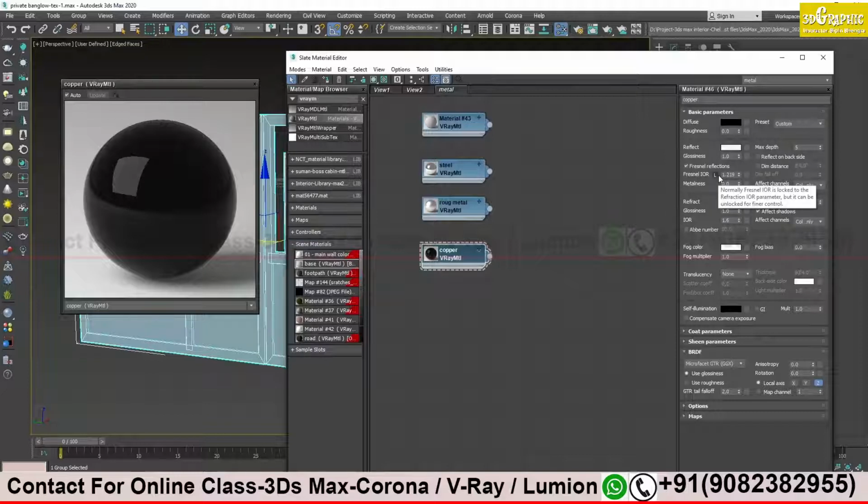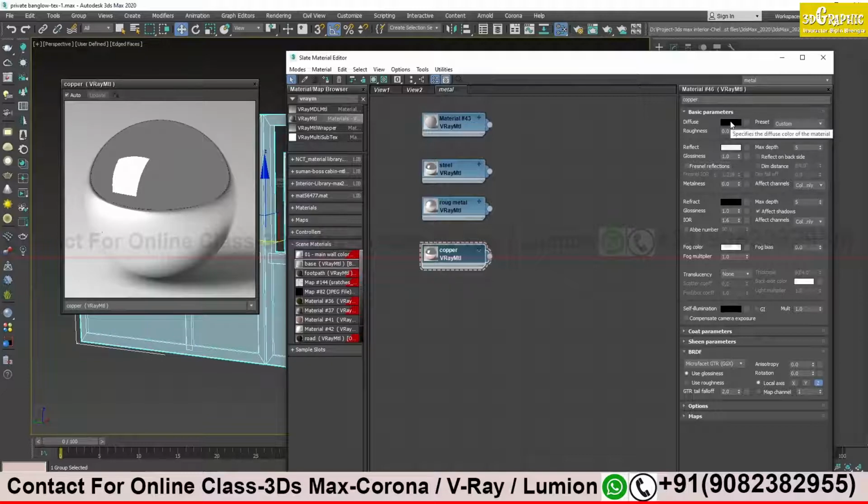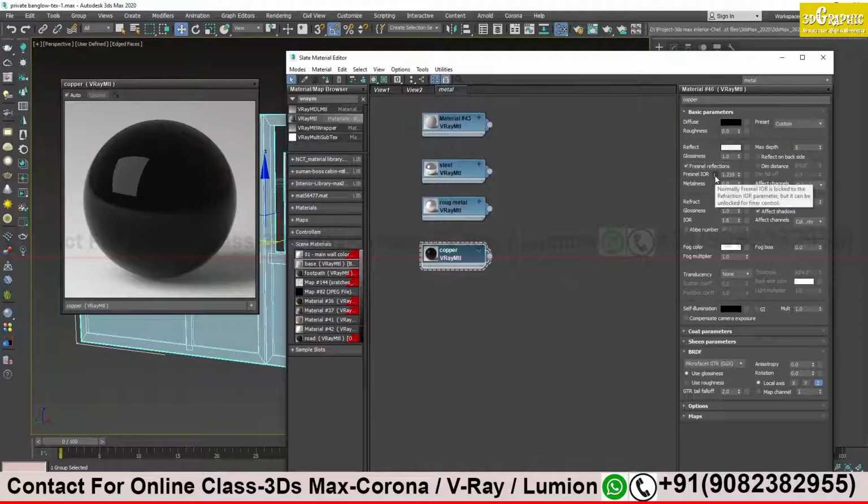Now the IOR we have given over here. Now we also have to give the color value. If you turn on Fresnel, your diffuse color will be activated. If you want complete steel, a completely shiny metal, we will turn it off so the diffuse color will not be there in the scene. But if you are using IOR, I have to turn on the Fresnel and the diffuse color will be active. So I have to take care of the diffuse color and the reflection color as well.